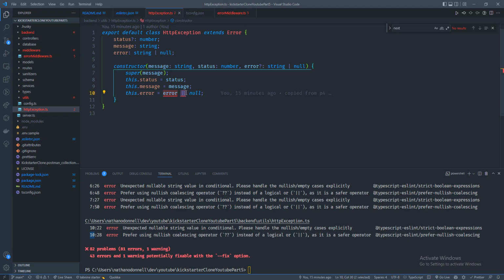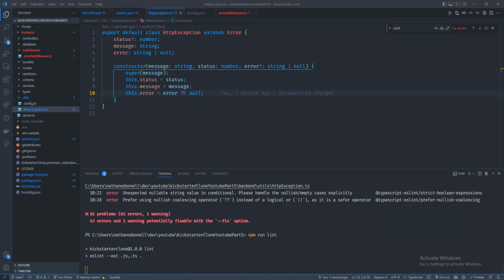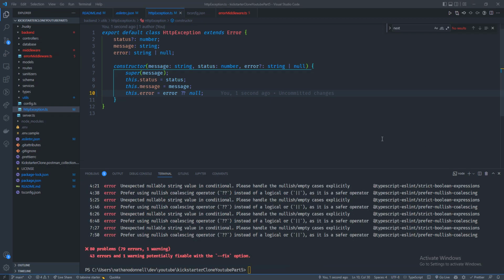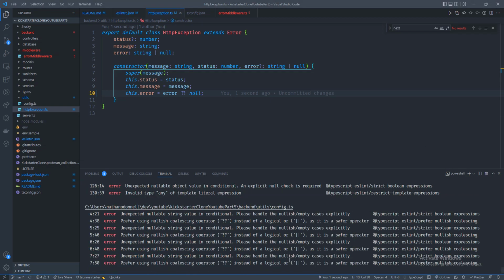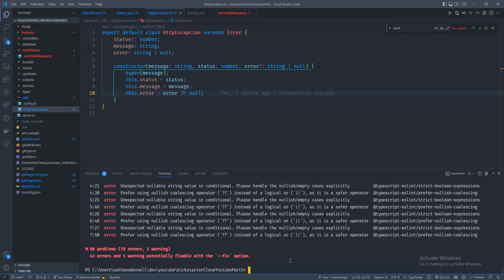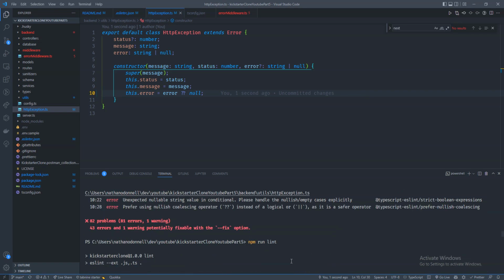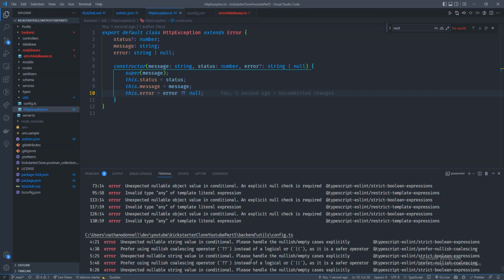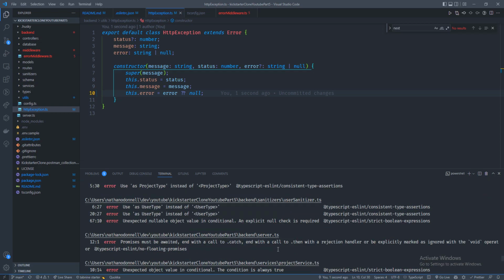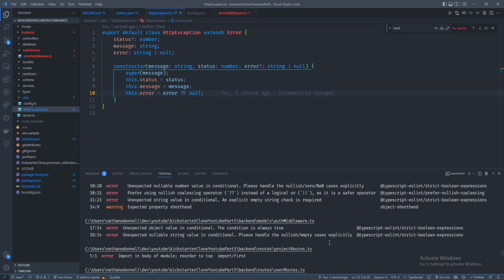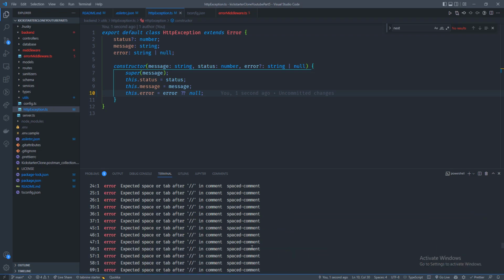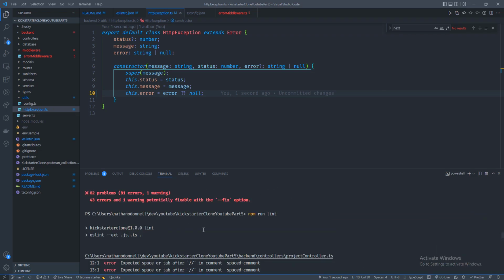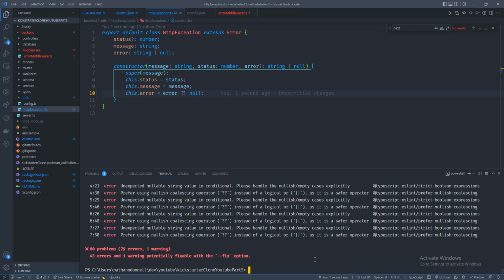So if we were to quickly go in, and I do believe we can do that, that'll fix at least one of the issues. Alright, that looks like it fixed. So many errors. 43, and inside of HTTP config. It's one of those, where did that error actually go? I think it did fix it. Let's run our